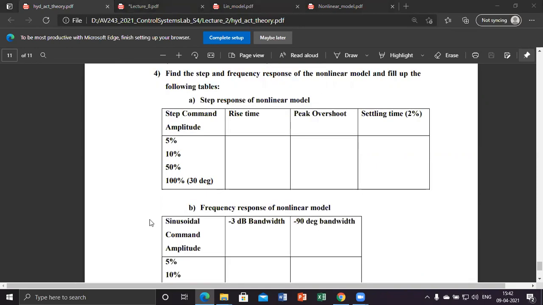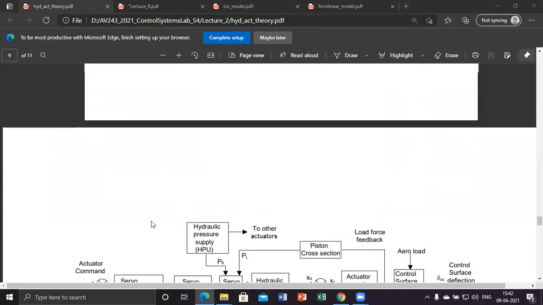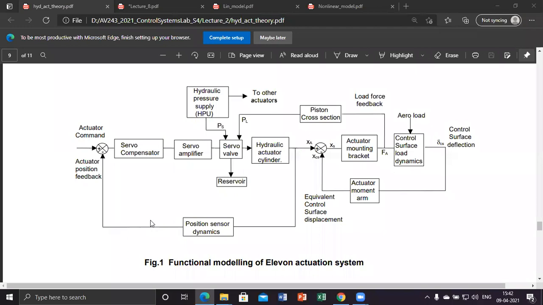Okay, I'll come back to such diagrams. So let me first explain with respect to this. I told you when we discussed the servo valve, there is a hydraulic power supply unit, and that is connected to the servo valve. And the servo valve outlet is connected to the reservoir, PS and PR. In addition to that, the external influence from the mechanical dynamics is through PL.